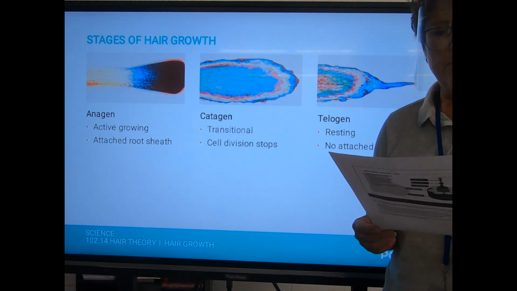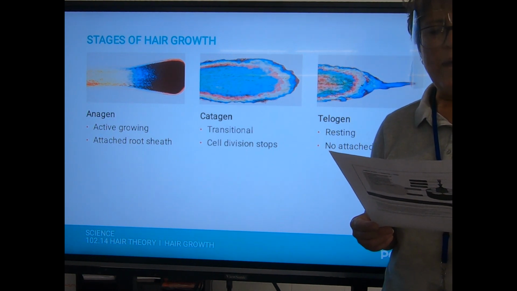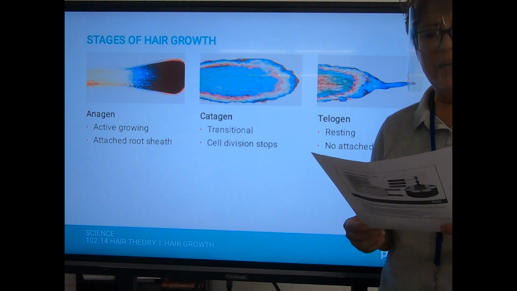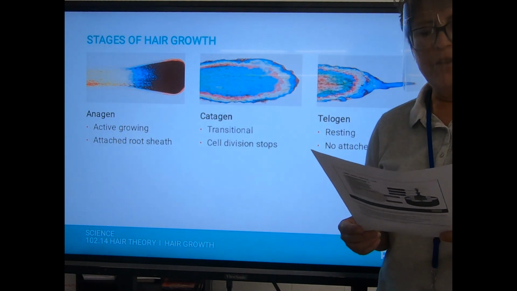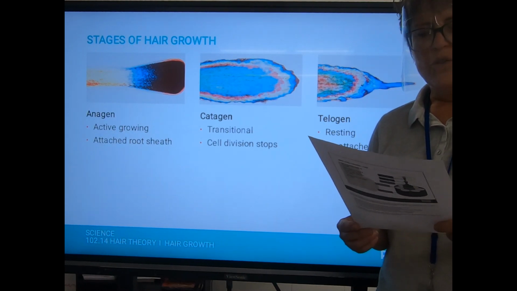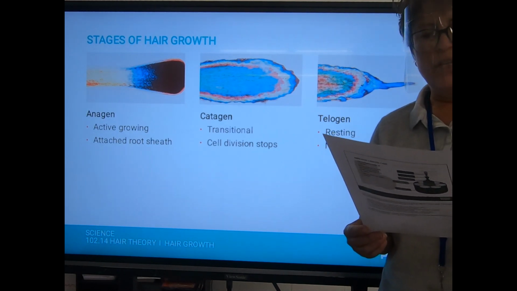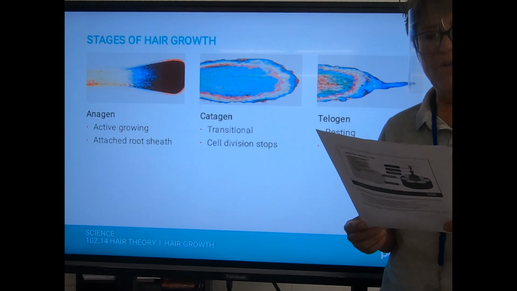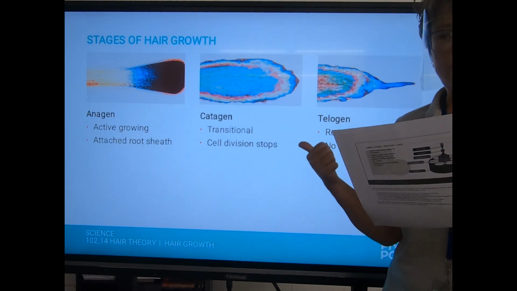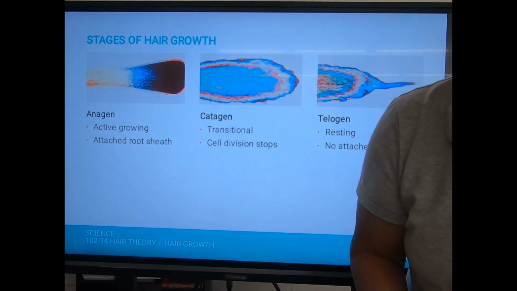Salmon for shine, Greek yogurt because it's packed with protein, spinach to battle brittle hair, guava, tropical fruit to prevent breakage, iron fortified cereal to prevent loss, lean poultry for thickness, sweet potatoes to fight dull looking hair, cinnamon for circulation, eggs for growth, and oysters for fullness. So I can tell you right now, I'm never going to have shiny, full hair because I'm not going to eat salmon or oysters. The rest of it's good stuff.